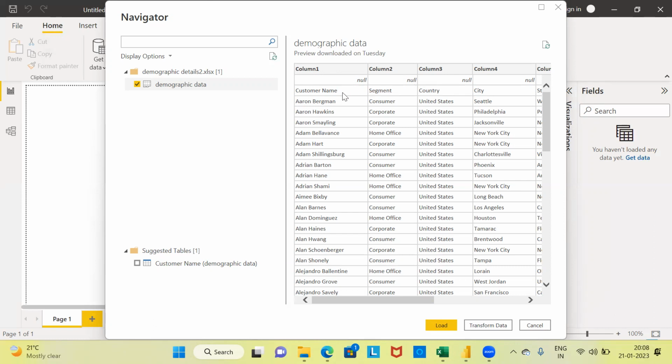The first row is displayed as null cases. Let me examine the third row here. You have customer name, segment, country, city, so on and so forth. Customer name, segment, country, city, these are the column headings. So I have two problems before me. One is that I would like to eliminate the null cases that are present in the first row. The second thing that I'd like to do is I'd like to promote or push up the second row, that is customer name, segment, country,